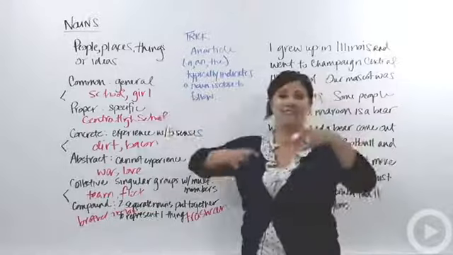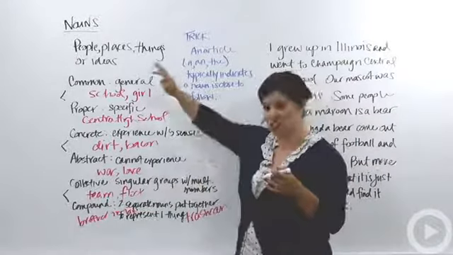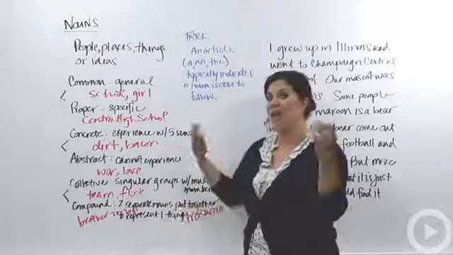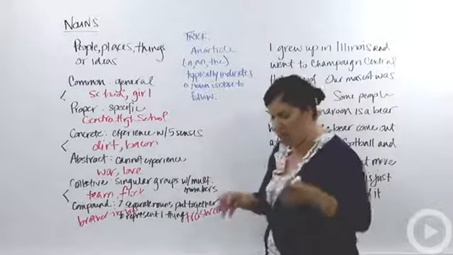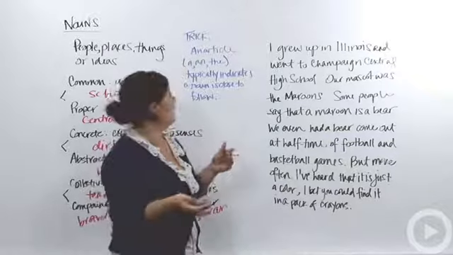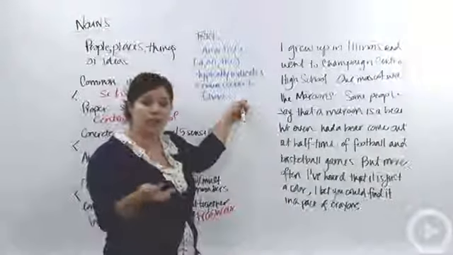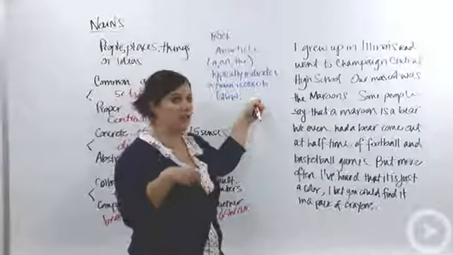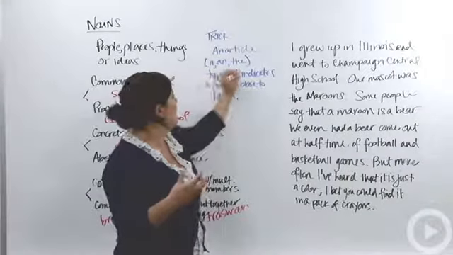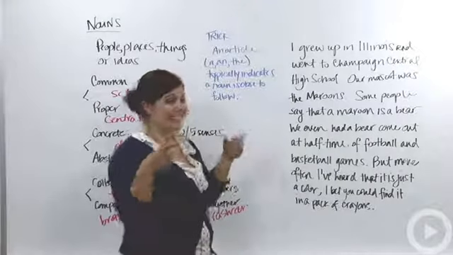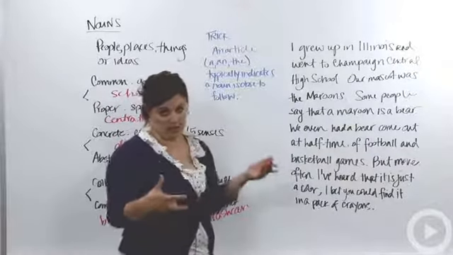And again, I've never been anywhere where I've had to actually memorize these exact different types of nouns, but I think being aware of them helps you to identify nouns in general. So let's take a look and see if we can identify those. One big trick I want to clue you into is when you are reading something and you're looking for the nouns, maybe in order to identify subjects or objects, anytime you see an article, a, an, or the, it's a sign that you've got a noun coming closely thereafter.